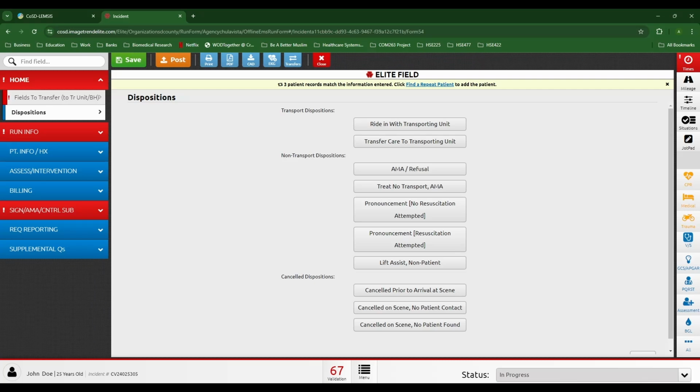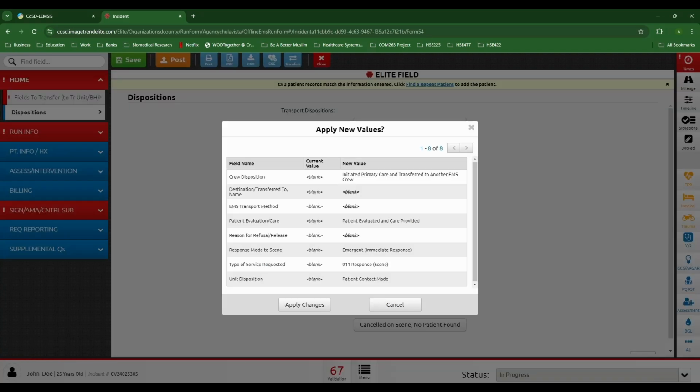For most of your calls, it's going to be transfer care to transporting unit, which would be your second preset value you can select here. If you're writing in with the transporting unit, then you would select write in with transporting unit. So if you're transferring care to a transporting unit, you would select this one here, and you can see every time you select one of these preset values, it shows you the new value that you're going to replace with the current value. So you can see everything is blank under current value, and we're going to reset it to